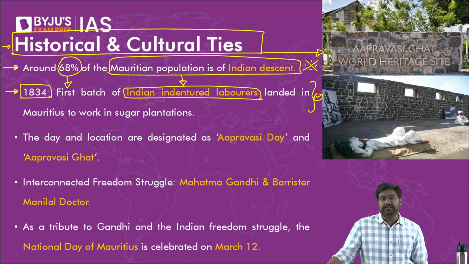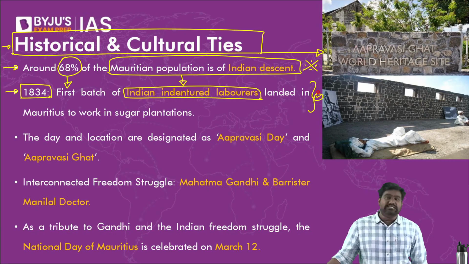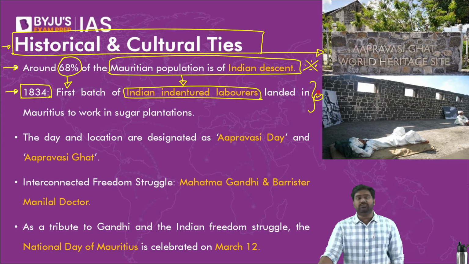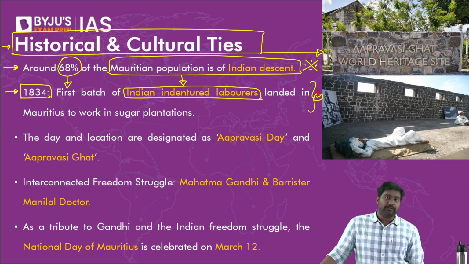Forcefully, they would take some Indians, especially those who were in jail or those who wouldn't pay taxes, those who broke the law. So such people would be forcefully taken. Others would be duped and deceived through fraudulent contracts. But once they would take them and dump them on these colonies, which were islands, there was no way for them to come back.